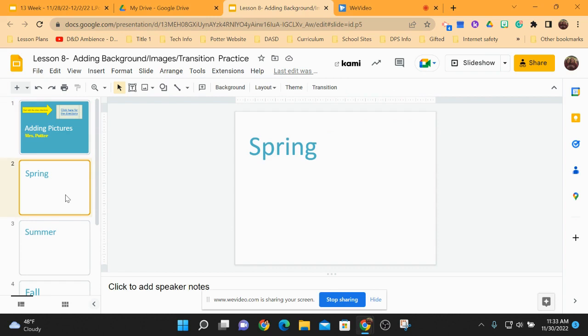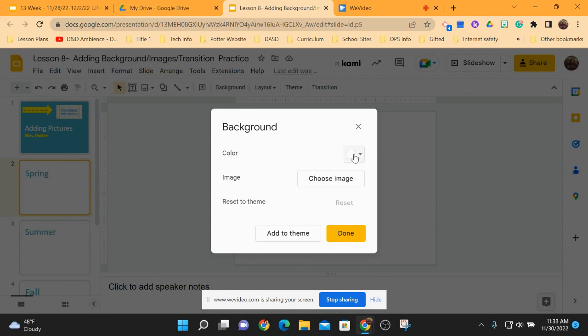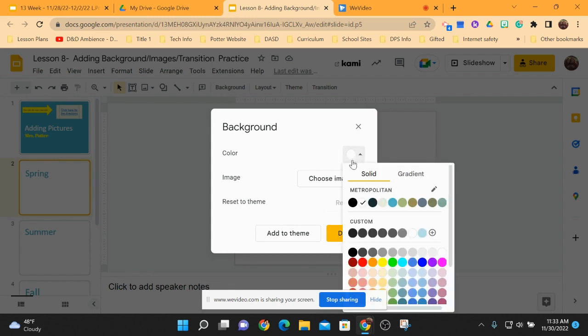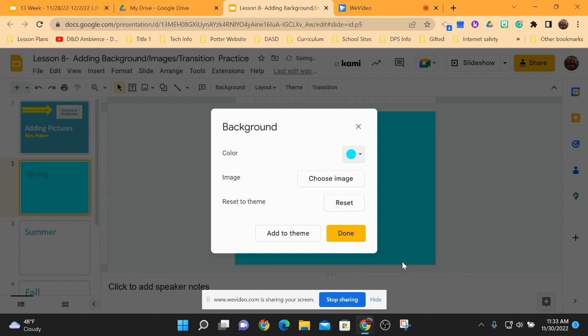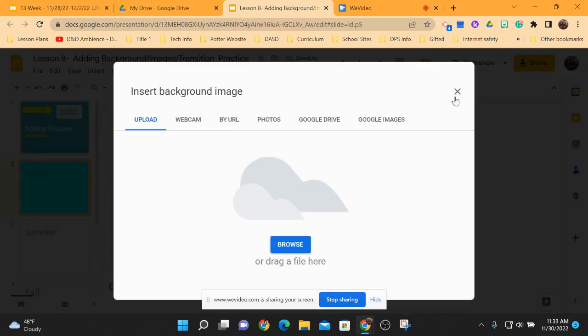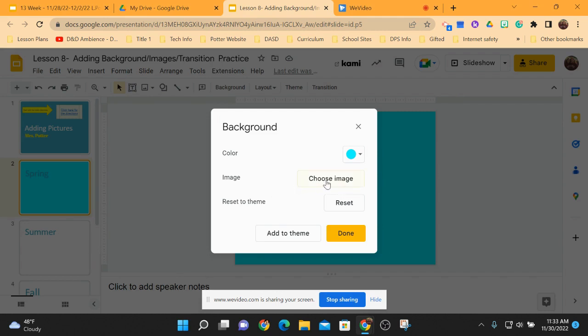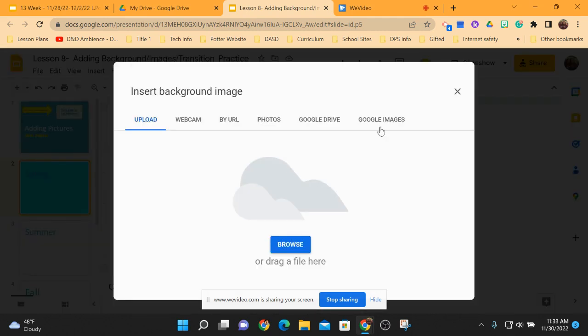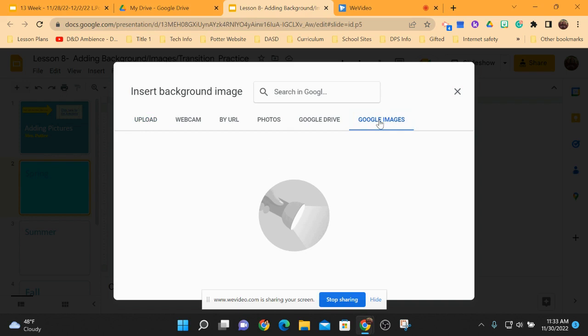We've learned already how to add images, but today we're first going to learn how to change the background. Right now, it's like a blank piece of paper. To get a background, you're going to go up to your toolbar and change the background. You have two options. You can change the color of your background, or you can add an image. So to add an image, you're going to choose image, click Google Images,